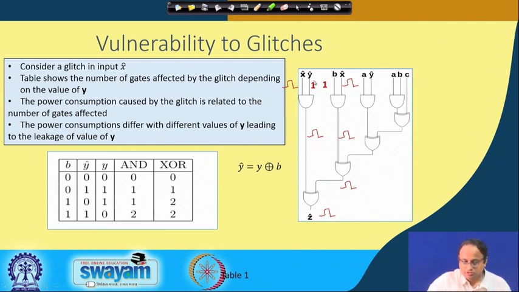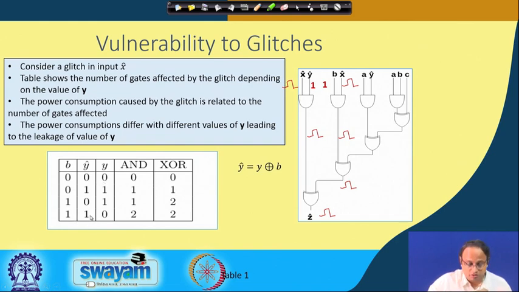Here you observe that we consider the fact that y is essentially the XOR of y hat, which is my masked y, with the mask. The mask here is denoted as B. So y hat is essentially the XOR of y and B. So y has been masked with B to give me y hat. Now if I observe this table, that would imply that if y is 0, then the masks are 0 0. If y is 1, then it is 0 1 or 1 0. Likewise, if y is 0, it can also be masked as 1 and 1.